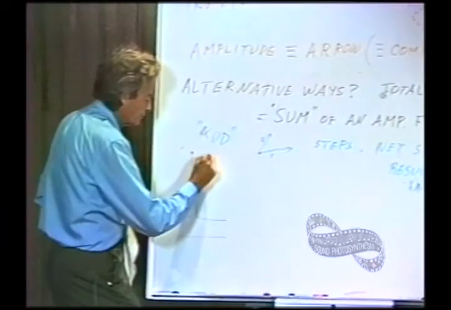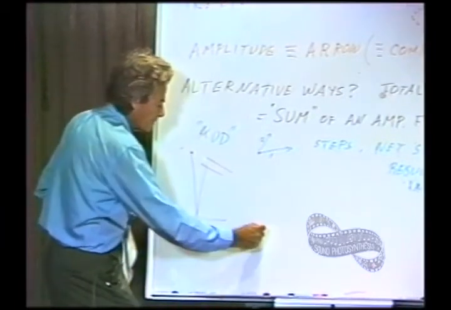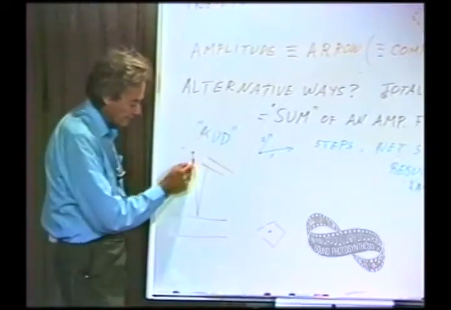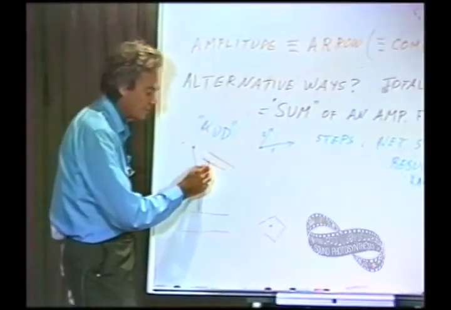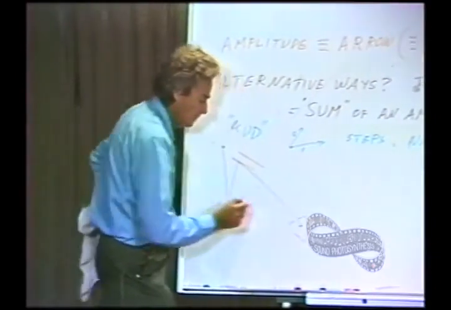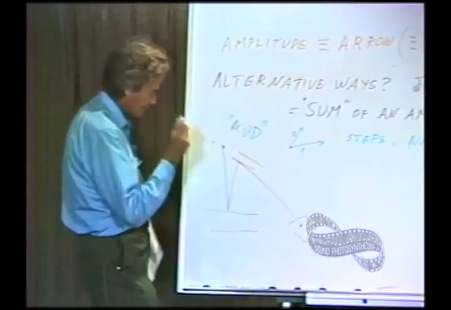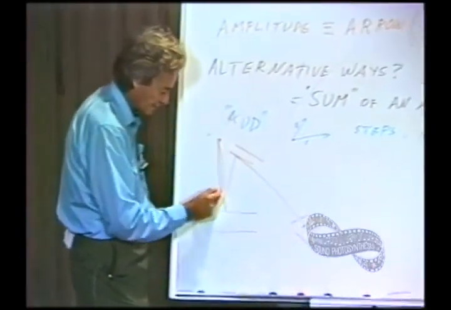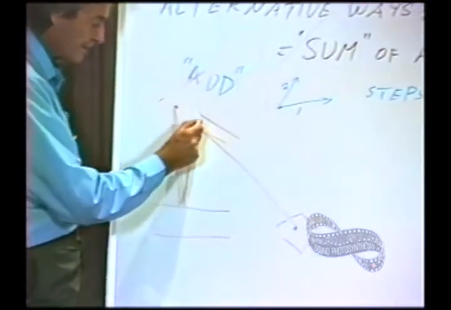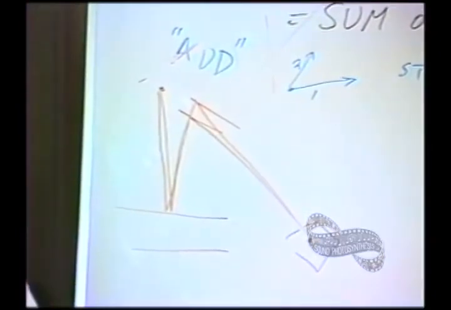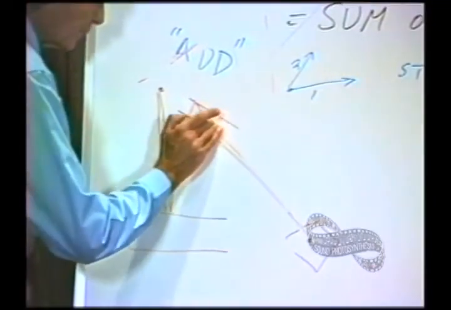bouncing off some other surfaces and doing something else before it reaches some other photomultiplier there. That looks much more complicated. We didn't analyze it. But we would have to take this, it's reflected from here, it goes to here, it's reflected from here, and comes to there. It's one of the alternatives. Of course, another alternative might be, I'm not talking about the different alternatives now, another alternative might be it comes to this surface, it goes up here, and it hits that one and gets reflected to the photomultiplier. The orange one is just a different alternative. The alternatives we add. But to calculate for one alternative, say, the brown one here,